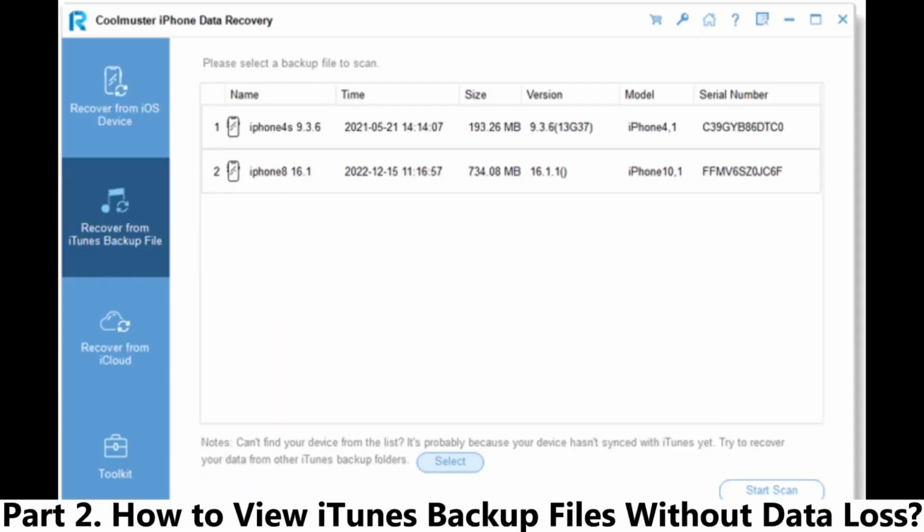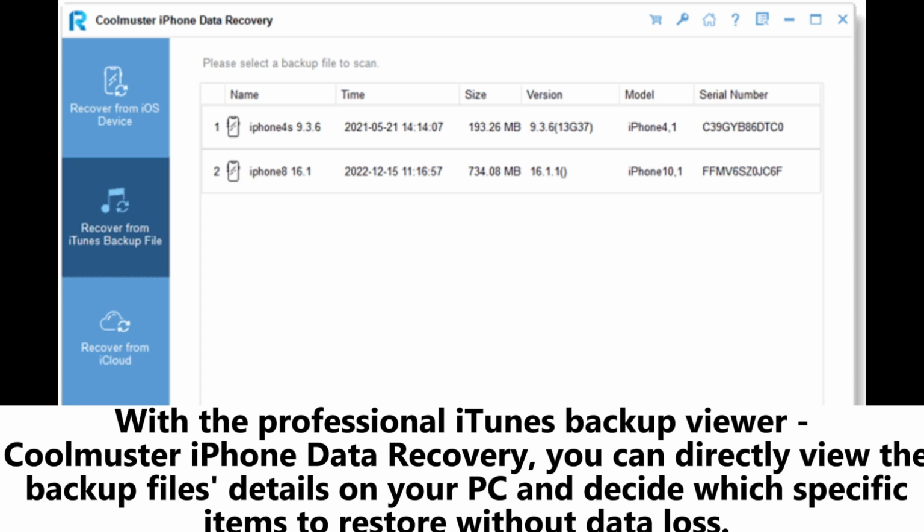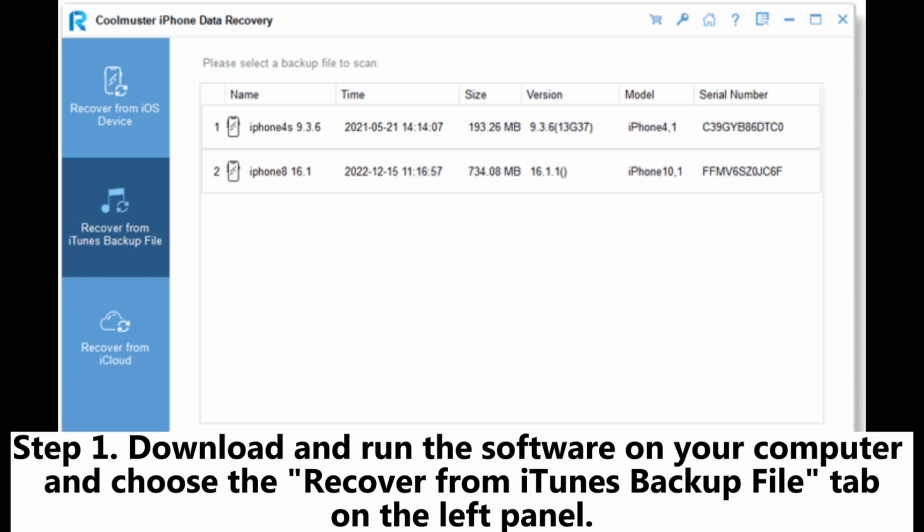Part 2. How to view iTunes backup files without data loss. With the professional iTunes backup viewer Coolmuster iPhone Data Recovery, you can directly view the backup file details on your PC and decide which specific items to restore without data loss. Step 1. Download and run the software on your computer and choose the Recover from iTunes Backup File tab on